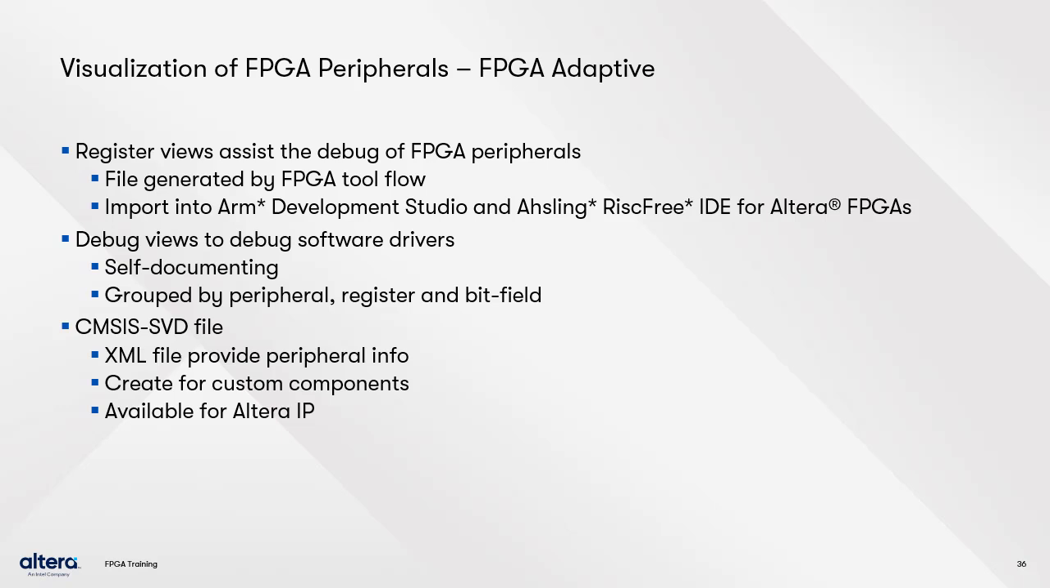When creating a custom component, you should consider adding a System View Description, or SVD, file. This describes the register set of your custom FPGA peripheral to the ARM Development Studio or Ashling RISC-free IDE for Altera FPGAs, allowing the debugger to view and change custom IP in the FPGA fabric. This XML formatted file is available for off-the-shelf Altera IPs and could be created for custom components to allow self-documenting